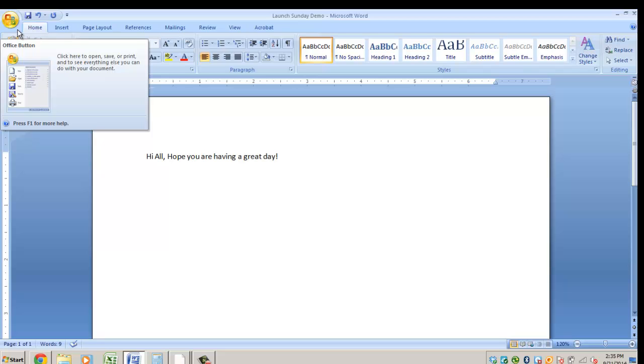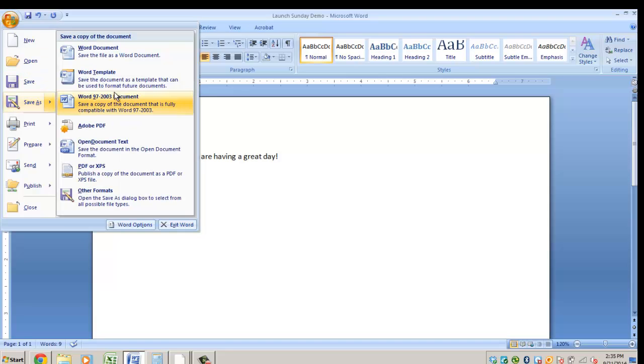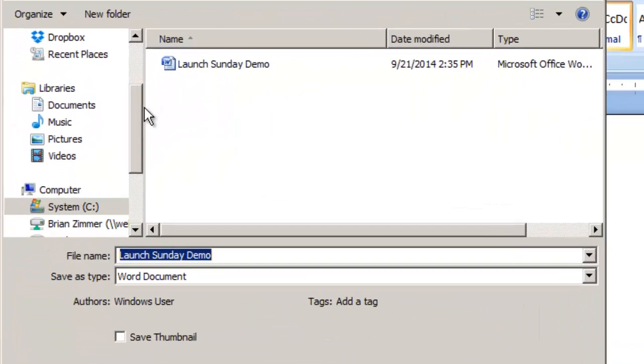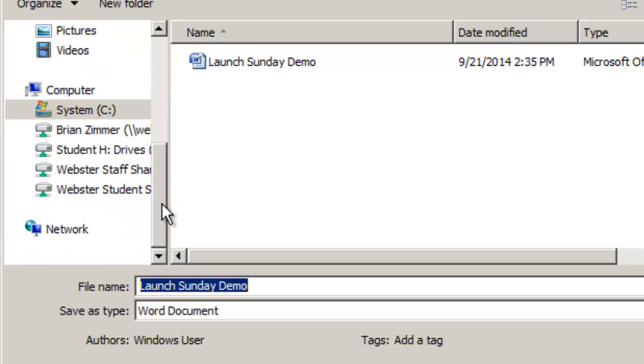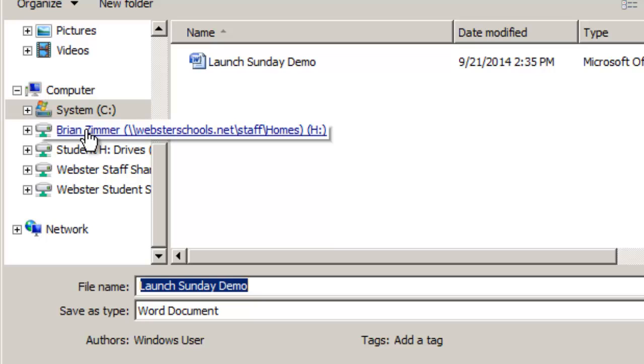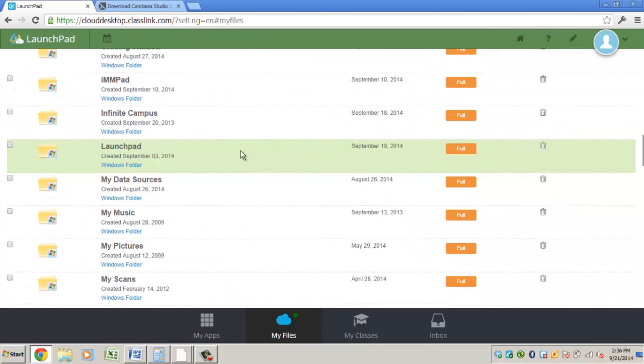In order to save this, I'm going to click on the Microsoft Office button in the upper left hand corner, and I'm going to click on the Save As button. I'm going to choose my Word document preference, and you'll notice that it's going to bring me up with a very similar format to how we've saved in the past. Through Launchpad, we're going to click on our actual H drive, and I'm going to save this as the Launch Sunday Demo. Once I'm ready with that, I'm going to hit Save,